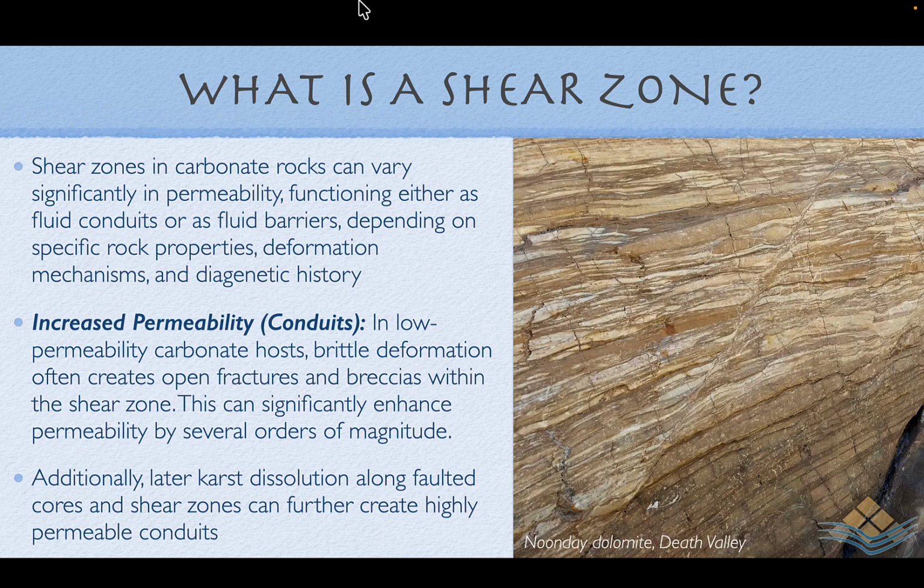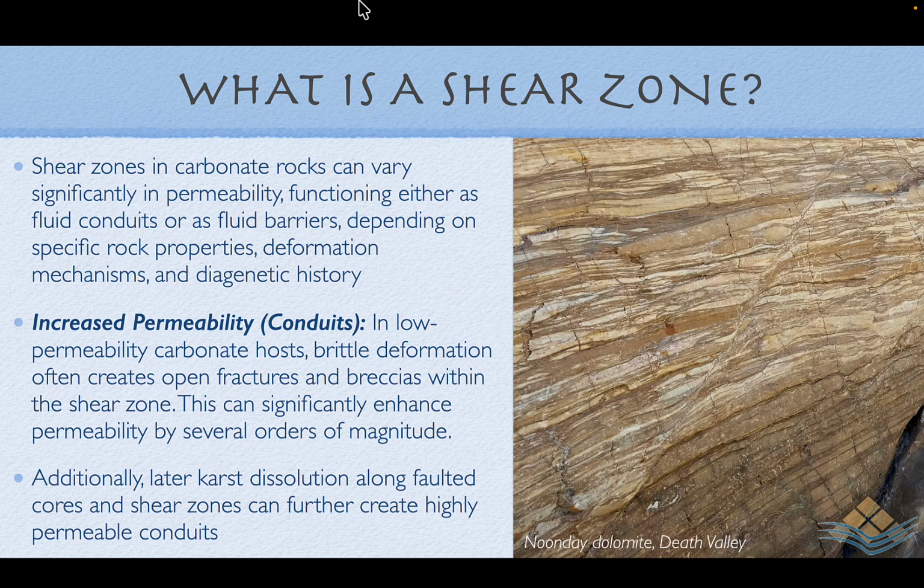So if we see increased permeability with the shear zones acting as a conduit, this is typically in situations where we have low permeability carbonate host rocks, the finer grain rocks or the well cemented rocks, where the brittle deformation of those rocks creates open fractures and breccias within the shear zone. This tends to enhance the permeability by several orders of magnitude and facilitates drainage of that adjacent low permeability matrix. In situations where we have later karst development along what is a faulted core or a shear zone, we can open up that porosity and permeability. We see this in some of the buried hill reservoirs in China